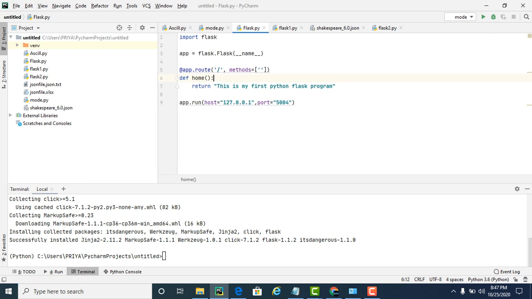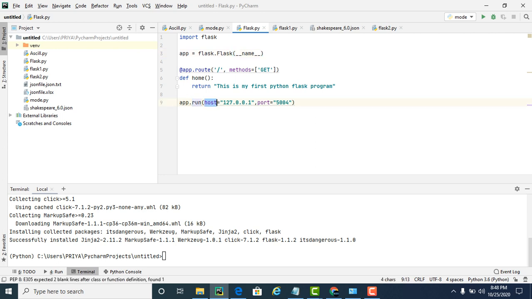Now I am explaining the get. So how to create the get method? It is a very simple way. def home is nothing but creating a procedure that returns one message here, and app.route. This is how we create the endpoint URL. App is nothing but we import Flask, and we create an instance of app, that is Flask(__name__). And app.run, in the sense, we are running the URL.